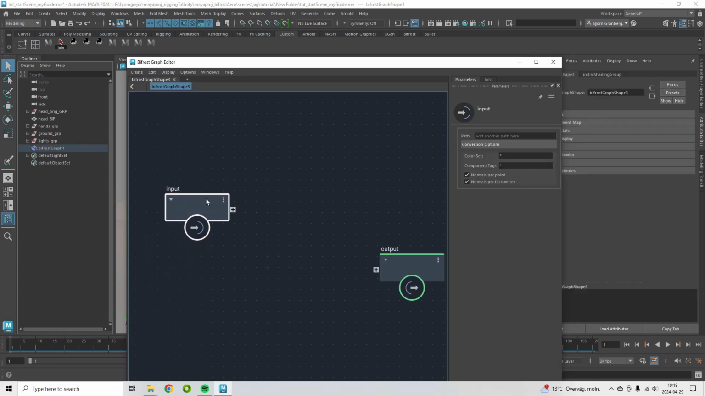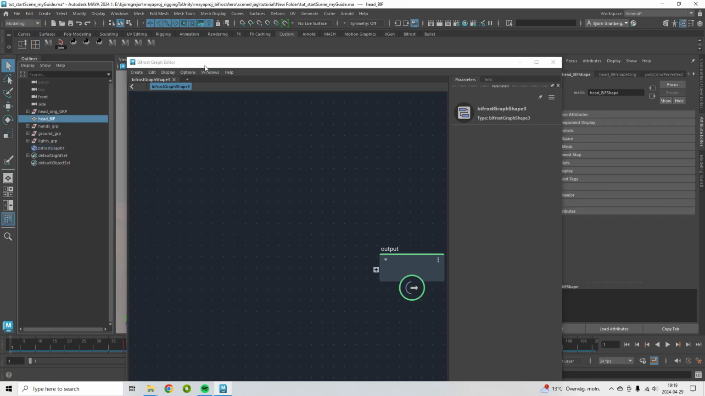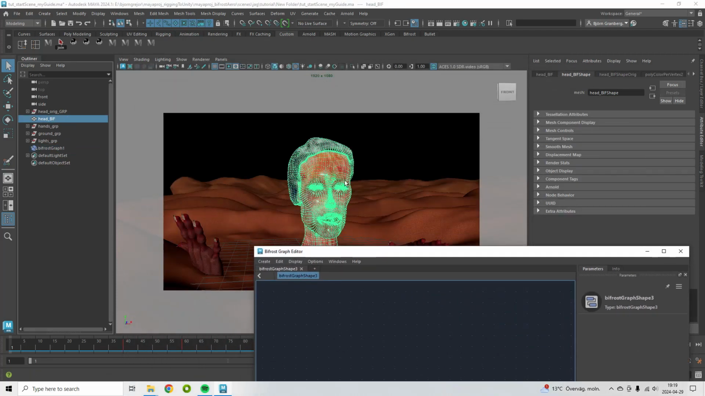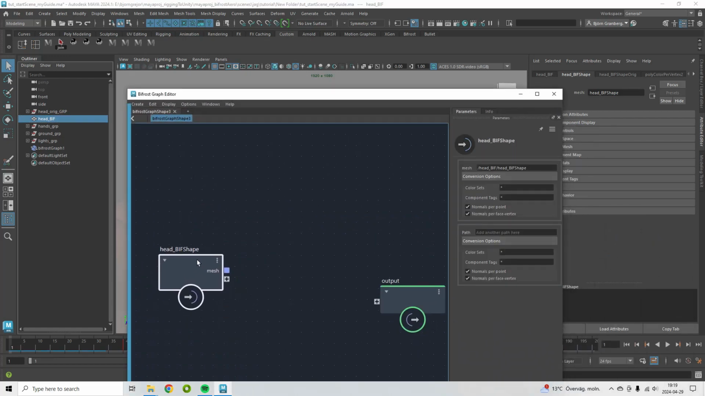This input node I'm going to delete, and instead I'm going to drag head Bif here. This is my head. Middle mouse drag this and release here. So this is my input. And now I'm going to press Tab to create new nodes. So Tab,